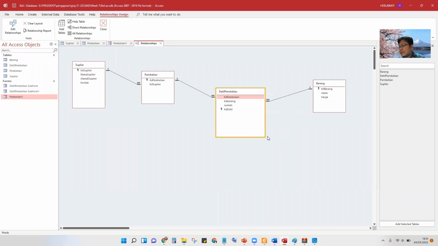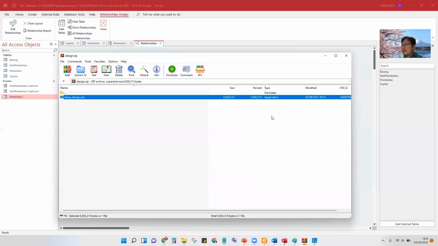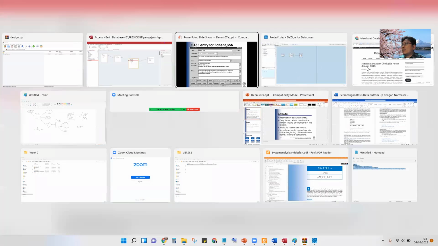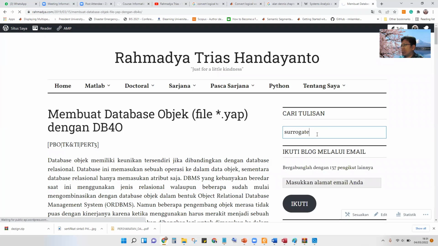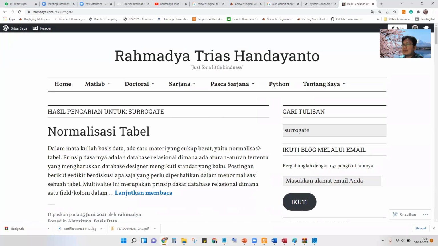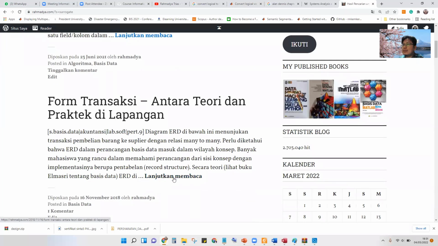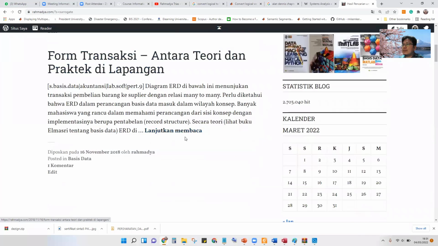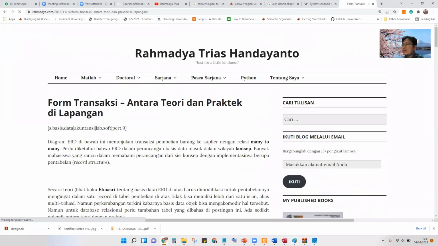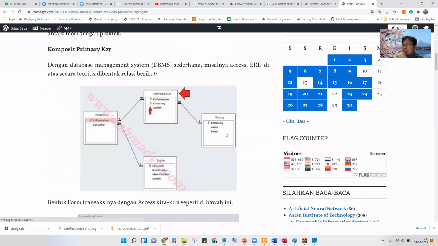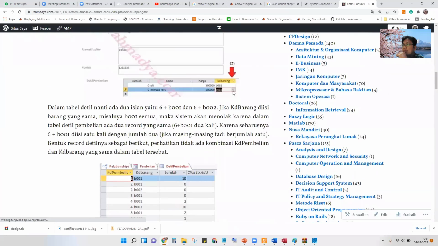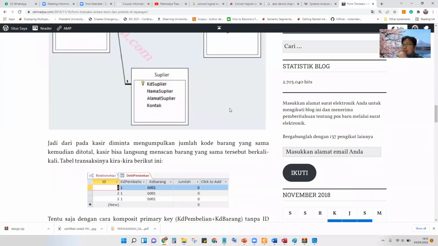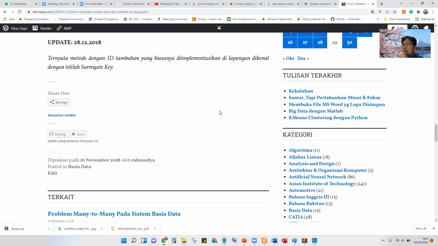I forget the name of this style. Primary key, surrogate key. You can search on the internet, but I think it is more advanced. Surrogate keys. Yeah, a surrogate key is an additional key to avoid this.